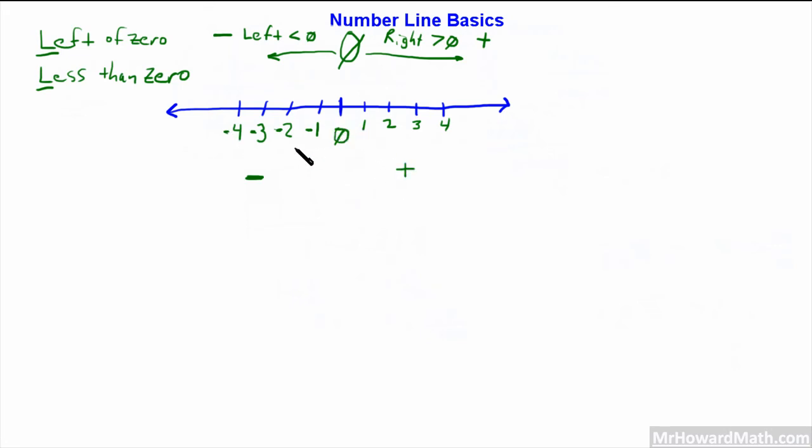So it's important to understand that this spot right here, negative 4, is less. It is further away from 0 in the negative direction than negative 1. So that is a very key concept to understand with negative numbers. View the number as the distance away from 0. So this is a greater distance away from 0. It is a negative number, and therefore the farther we go away from 0, the bigger the number becomes, because it is a greater distance away from 0, and